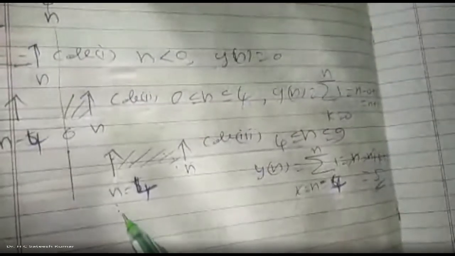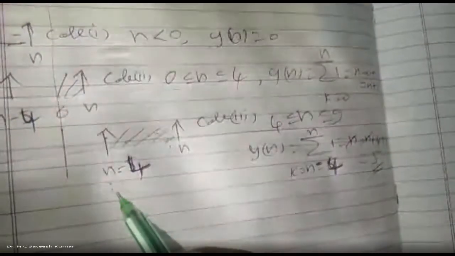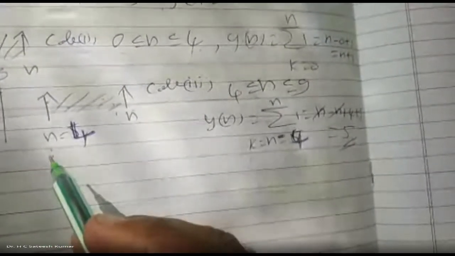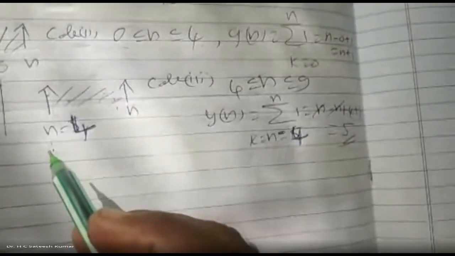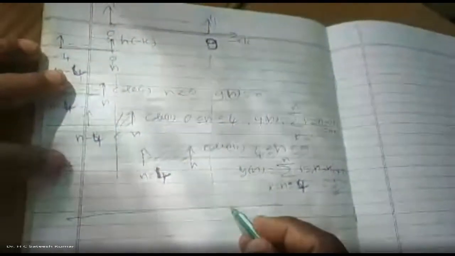How is it 5? Because the number of elements in the second one is 5. All 5 elements of the second one will have to multiply with the first one, and each is 1 into 1, 1 into 1, 1 into 1. Automatically the answer will become 5. That's what I was guessing. Now go further.